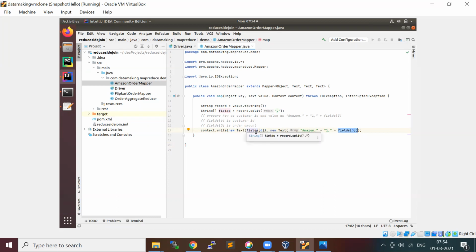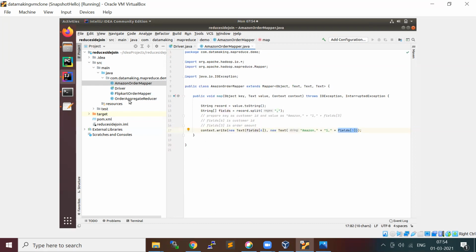We are going to do the aggregate based on the customer ID, right? The value can be anything, but the tagging should be there, and you take whatever value you need for your aggregate. Mine is going to be more of each customer's sales. I'm going to find out each customer's sales on both the Amazon website and the Flipkart website. That's my problem statement here. So in the Amazon mapper, we just did the tagging and took the respective value. So this is the Amazon order mapper.